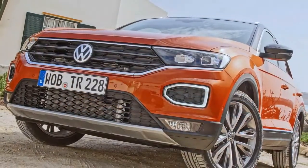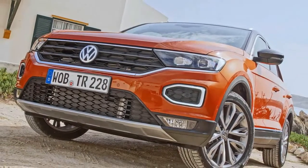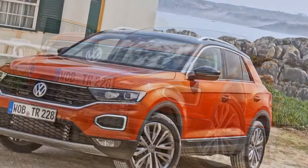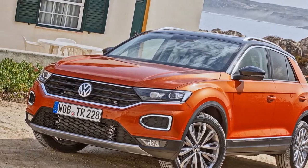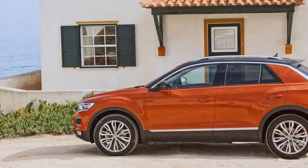T-Roc may be among the most significant of many new Volkswagen models, even if it won't be sold in the United States in the foreseeable future. It's a new crossover that is roughly the same size as the Golf and is based on the same MQB architecture. For now, at least, the Golf will remain the mainstay of the brand's lineup, but those within the company